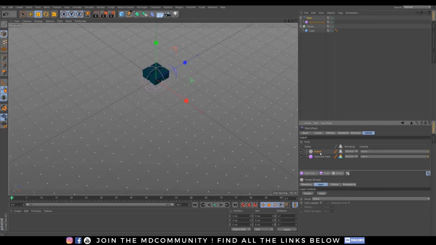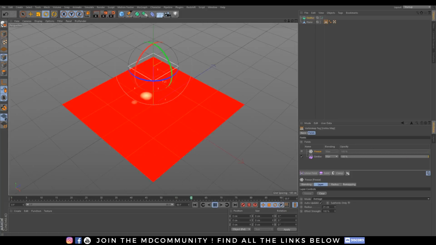So I will take my freeze and make a really little pause to show you what it's doing in average and in grow mode. Let's see what the freeze effect does. I have this small emitter drawing this vertex weight effect, and we will focus on the 2 modes, average and grow, because they're the 2 modes that you will use today.